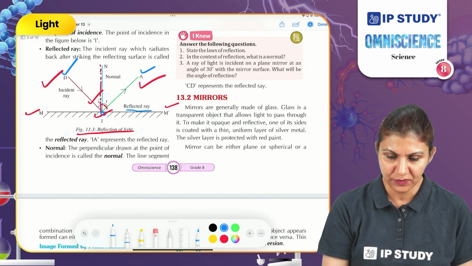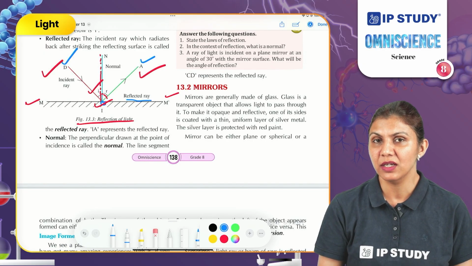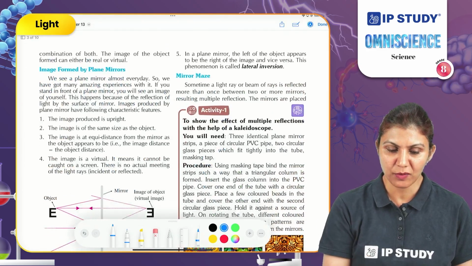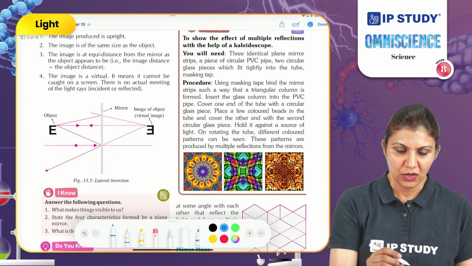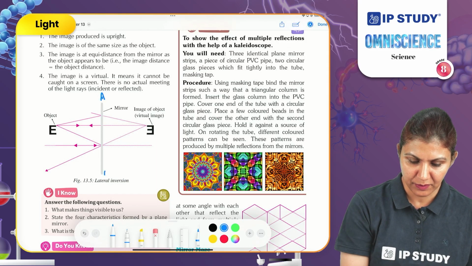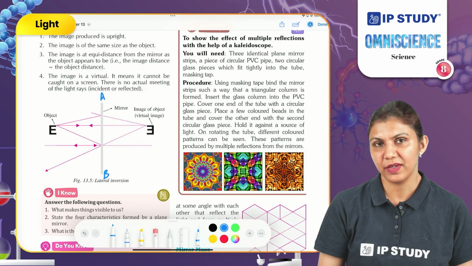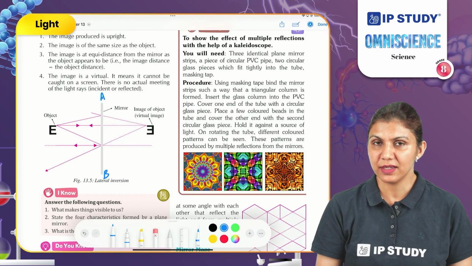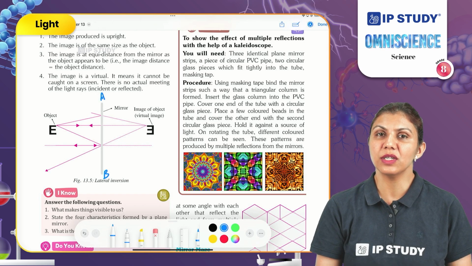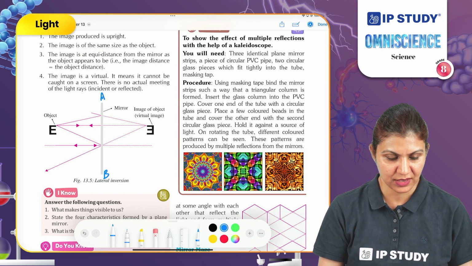For example, for image formation, to understand the formation of image through different types of mirror. So here we will check the image formation in a plane mirror. Here we can mark this A and B. AB is the mirror. What is a mirror? We have studied this in the previous class. A mirror is a piece of glass which is coated at one side to make it reflective so that you can see an image in the reflective surface.